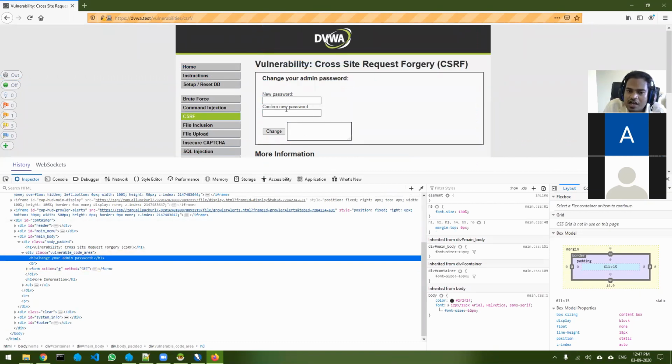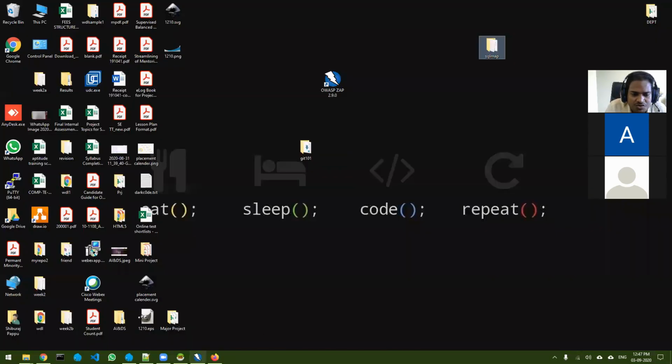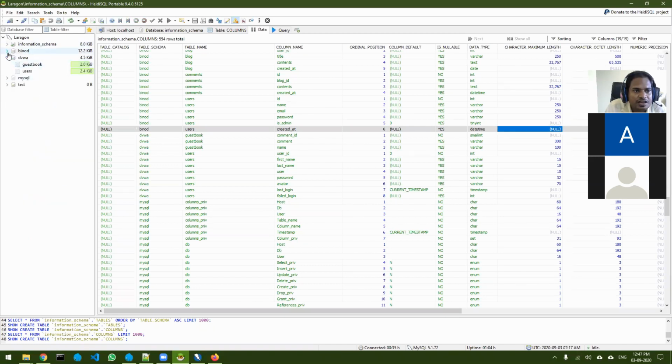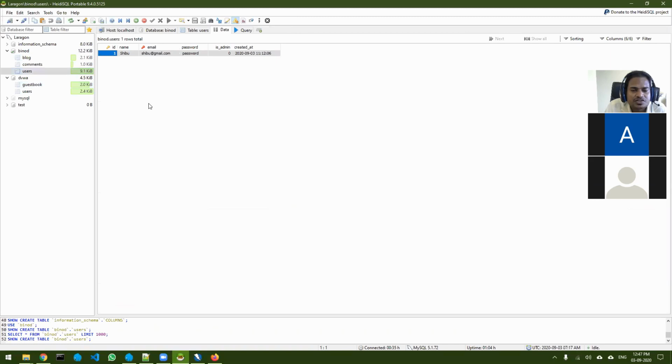Now it doesn't make any sense here, but let's suppose there is a register form. In the register form, I was actually interested in showing you a demo, but unfortunately I couldn't finish the app. But let me show you what I mean. This is the users table that I was creating. So in the registration form,